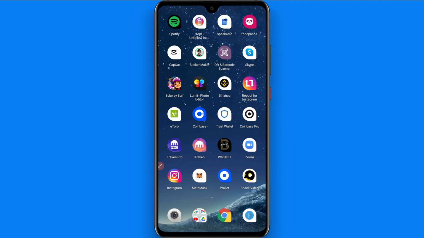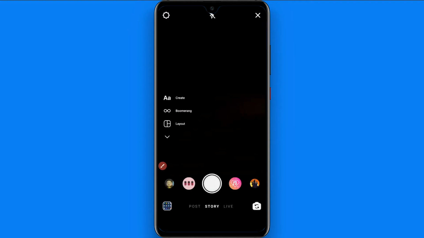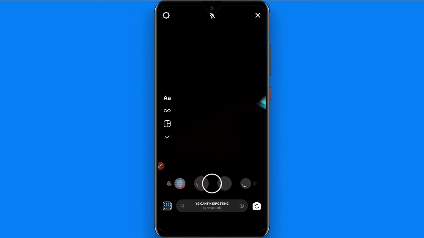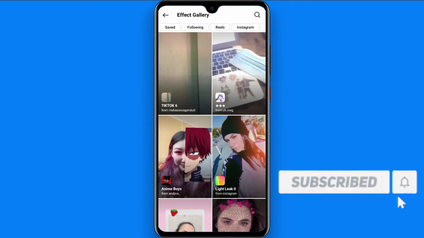So first of all, you have to open your Instagram and on the left top you will see your story option. Tap on it. Once you tap on it, you will see different effects appear here. Swipe to the left. Once you do it, you will see browse effects. Tap on it and here you have to search for the